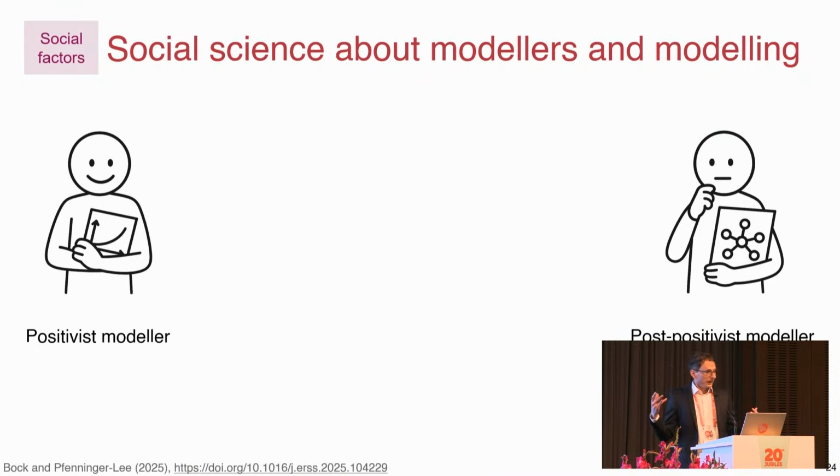And like I said, I think this is a really interesting area to look more into. Franziska came up with these two groups: the positivist modelers that think models can or should be objective, and the post-positivist modelers that do not think objective truth in these models is achievable. And again, as before, when we looked back at the 70s and 80s, what I think is particularly interesting is not just where people disagree, but also where they